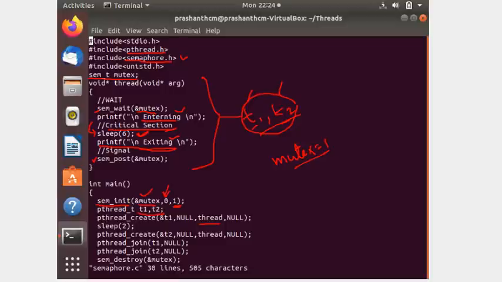See here, there is a wait operation performed on the mutex, which will make the thread wait if the value of mutex is less than or equal to 0. Otherwise, it will allow the process to go to the next instruction. Once the process completes its critical section, while coming out of it, it executes signal, that is nothing but this sem_post, which will again increment the value of mutex,